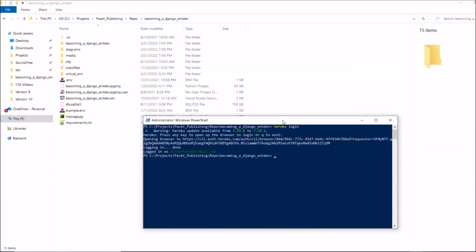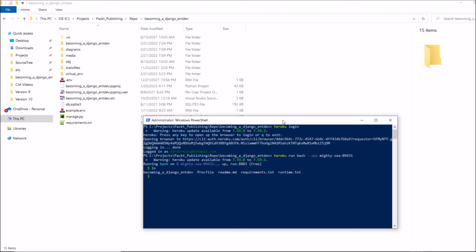Now that you're logged into Heroku within your command line window, execute the heroku run bash command, specifying --app and the name of the app that you would like to access the bash for. In this case, it's the Mighty C app. And here we could run the ls command to show us that we have all the files that we're expecting to see within our repository,